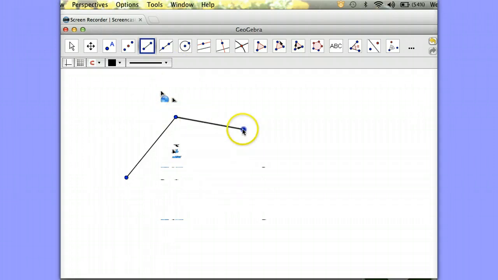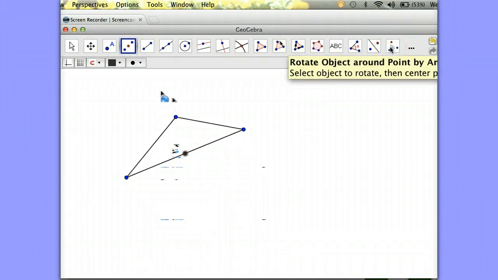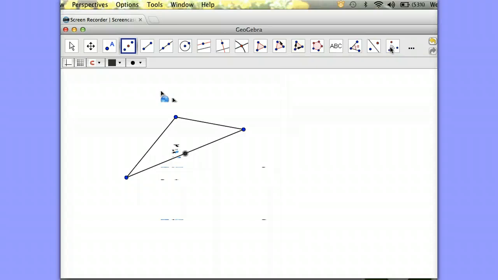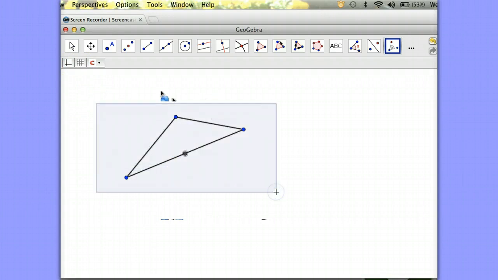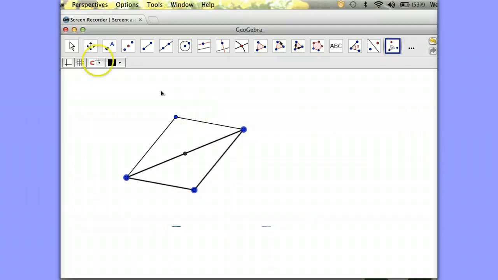Now obviously this isn't a parallelogram. However, this is half of a parallelogram. I'm going to get a point on the midpoint of this segment, and then I'm going to do a rotation of a certain angle. And notice here it says to select the object to rotate, then the center point, and then you choose the angle of rotation. So the object I want to rotate is the triangle itself. Then I'm going to select the center of rotation, and I'm going to rotate this 180 degrees,